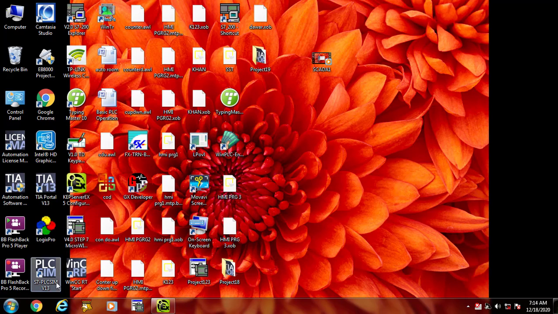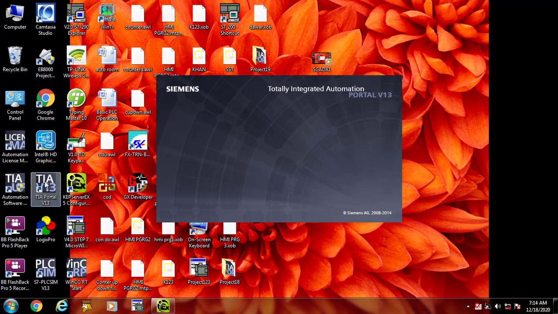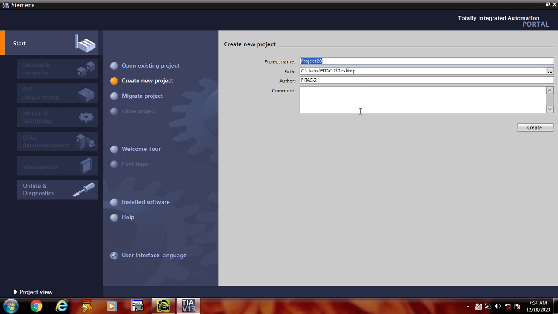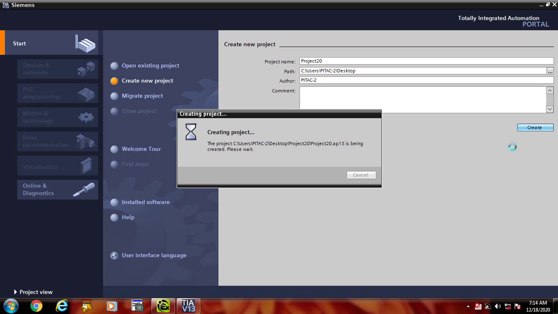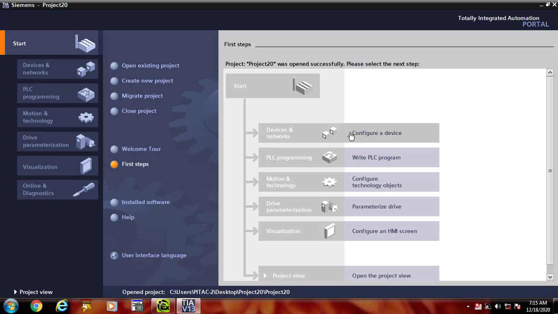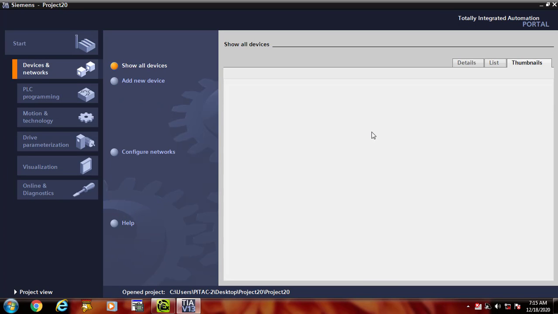First of all, you need to start your TIA portal. But before starting your TIA portal, you need to start your KP server. If you haven't started your KP server, you can't work with it, because you need to start your KP server before TIA portal. So going further, configure a device,